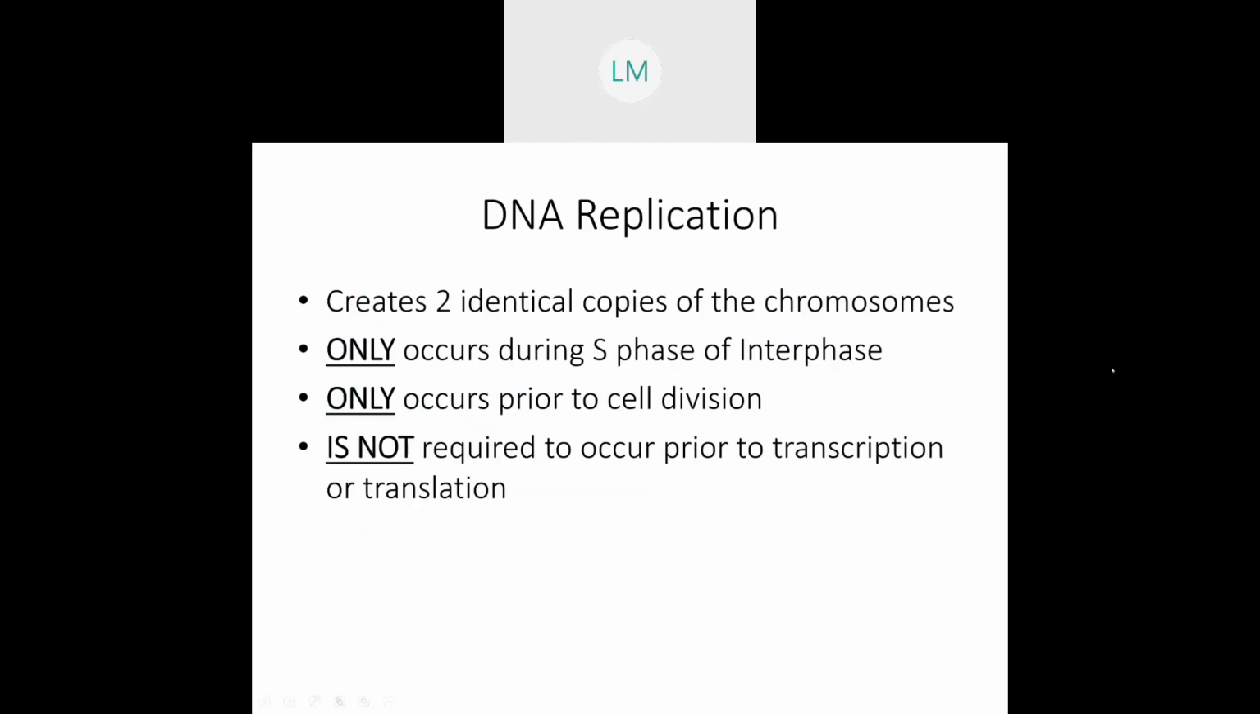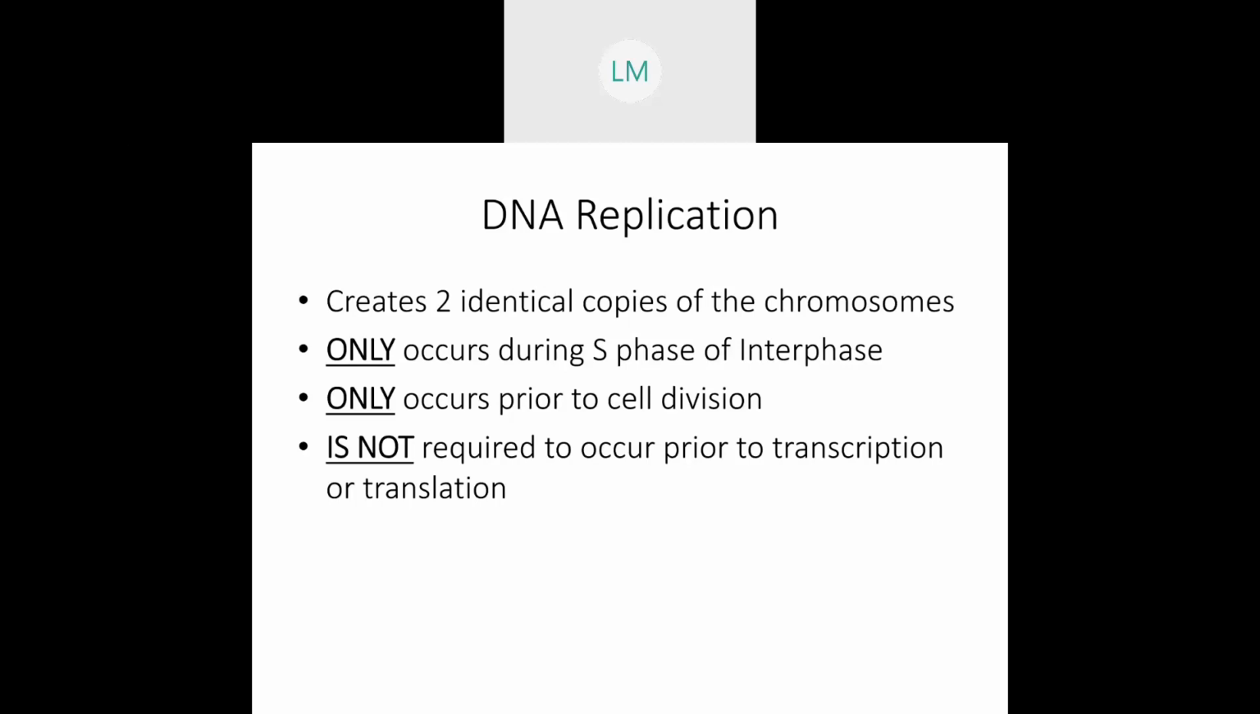Okay, so in DNA replication, we are creating two identical copies of that chromosome. These are identical copies, DNA to DNA. This only happens during interphase, right? During the S phase, the synthesis phase. And we only do this before we divide. We don't want to make a big copy of our DNA if we're not going to divide that DNA in half again. So we want to make sure that we're doing this prior to cell division,